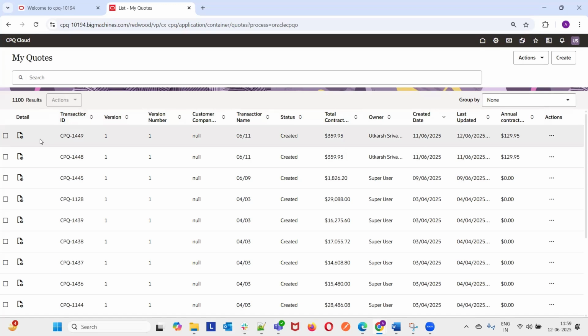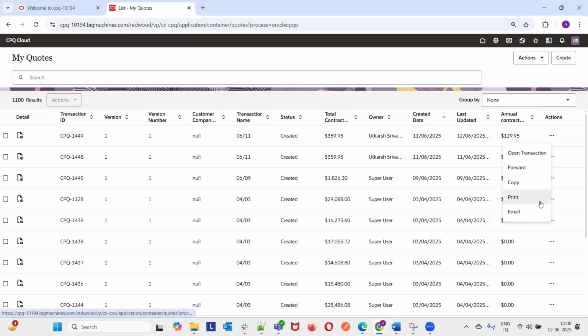Then the next thing is, against each transaction, there are these options like the Jet UI to open and copy. Along with this, there are these additional options like forward, print, and email. So we can perform that for that particular transaction from these actions. Also, here we can see there is this disabled actions drop-down menu, which is not enabled right now.